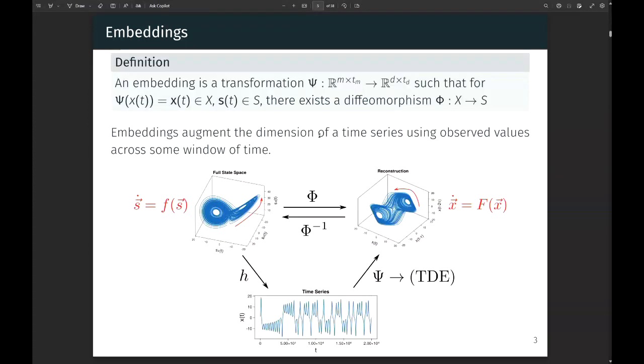Enter this very nice tool called embedding, and I have a nice-ish definition up there, but it's probably easier to see from the diagram. Suppose we had some kind of physical state space here, in this case it's 3-dimensional, you might recognize it as a Lorenz system. Now here the state evolves according to some kind of differential equation, that's fine. We observe a time series, which means maybe we observe the x component. Now we're going to do something, which I'll call psi here, suppose we can convert this time series, which is 1-dimensional, back into something that's 3-dimensional.